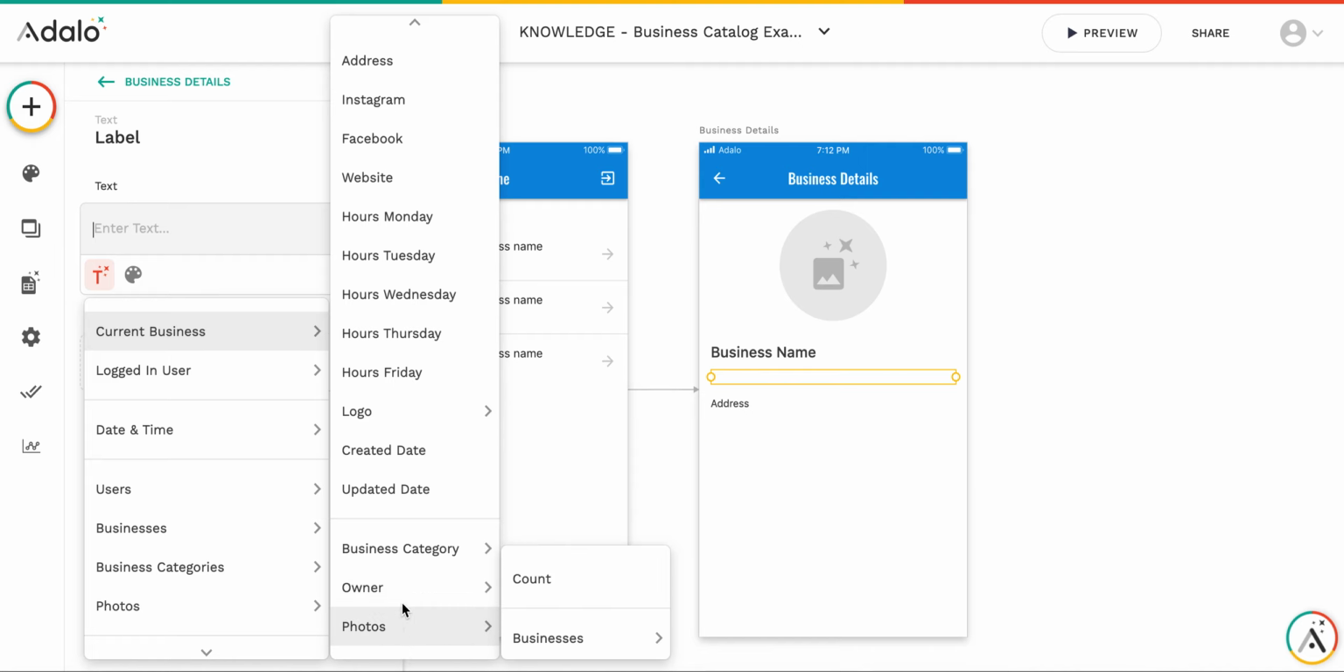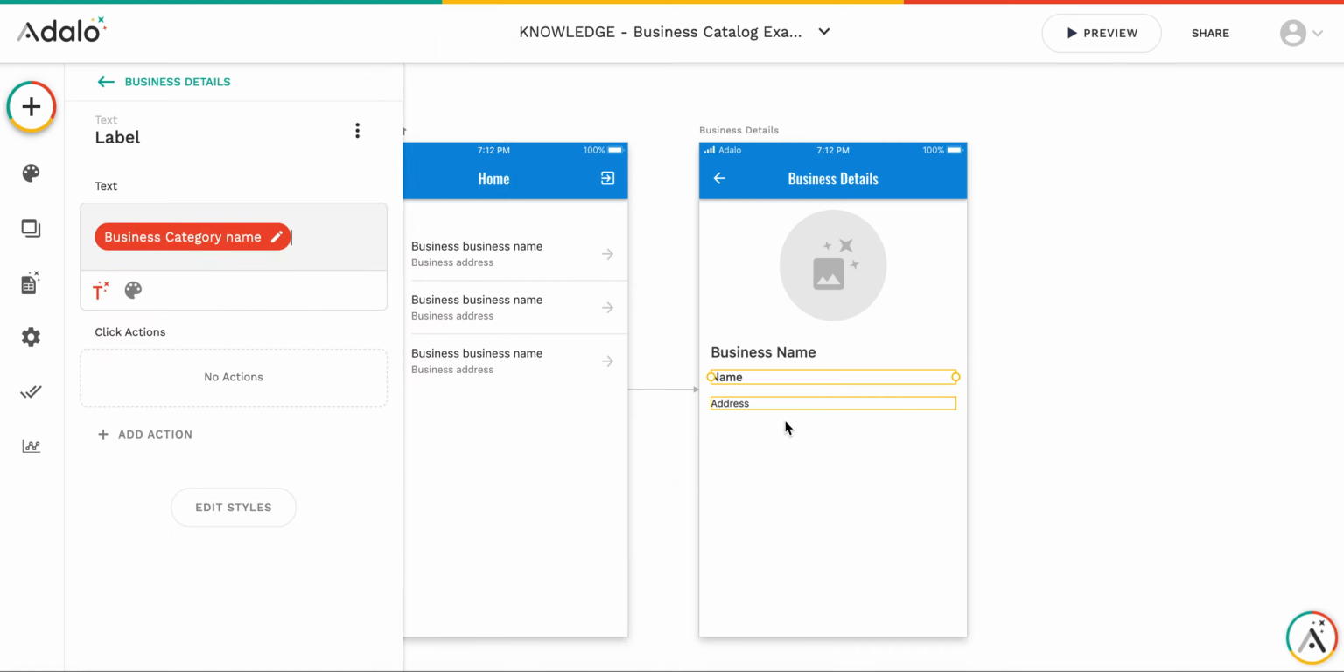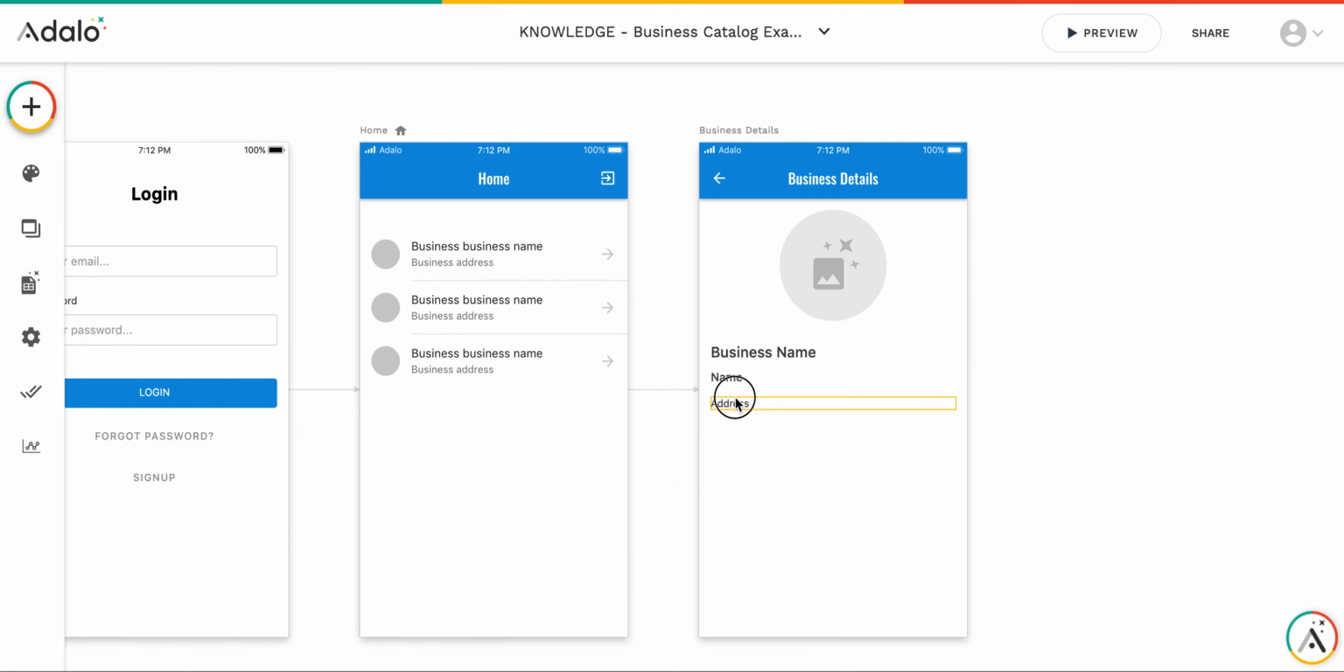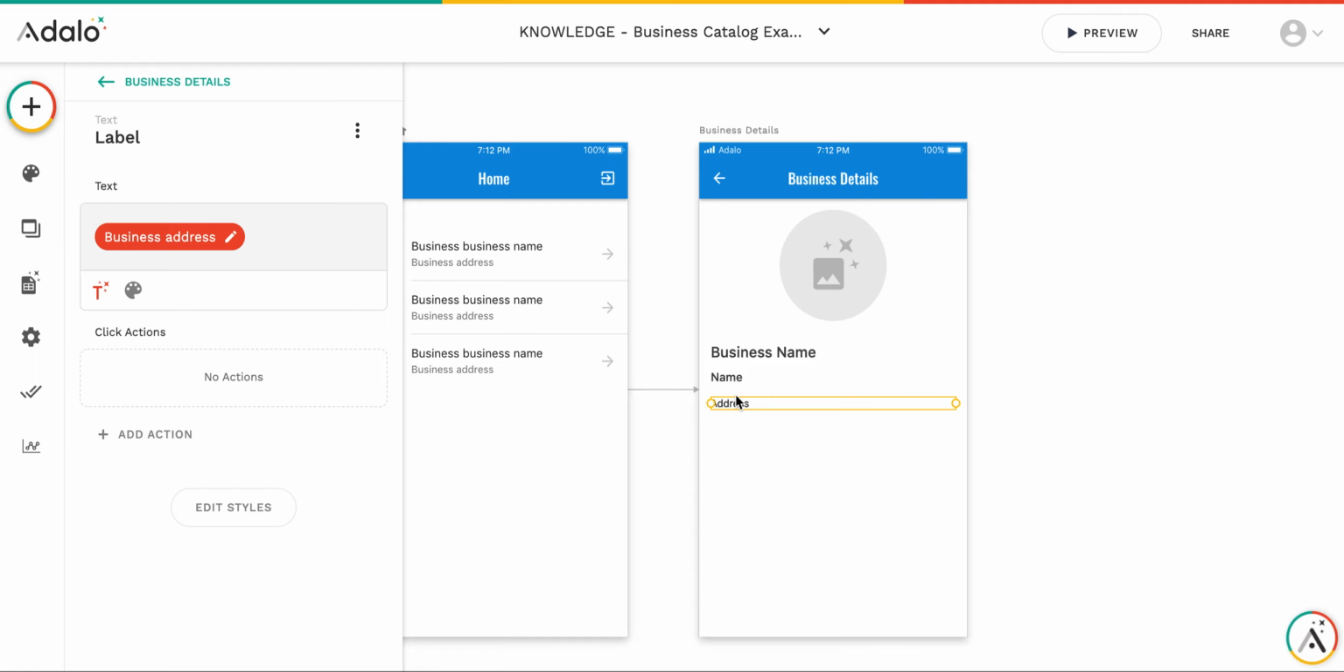So this is a rule of thumb: if this exact record has a relationship where it can belong only to one category or owner or whatever, then you can get the relationship properties values. So this will be the category name, this will be the address, and then let me create